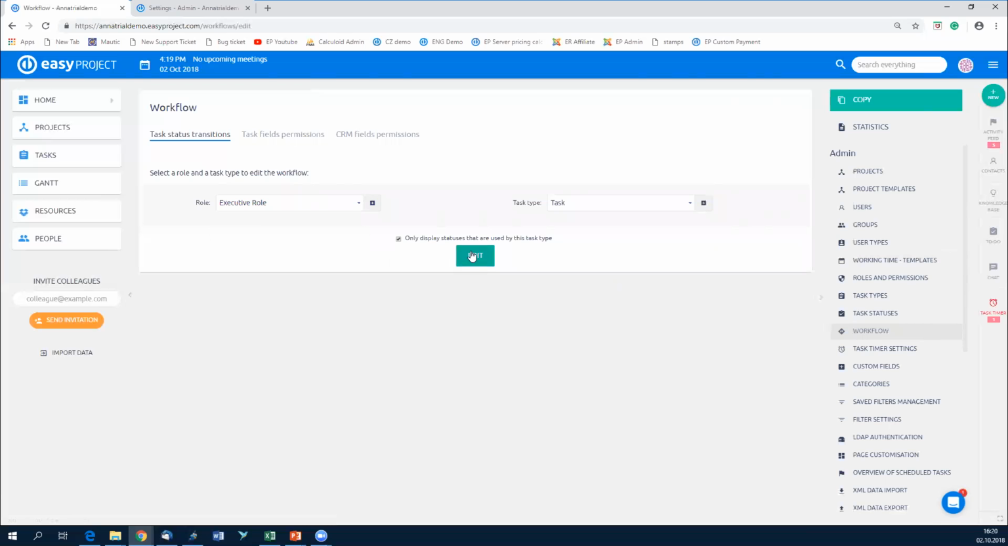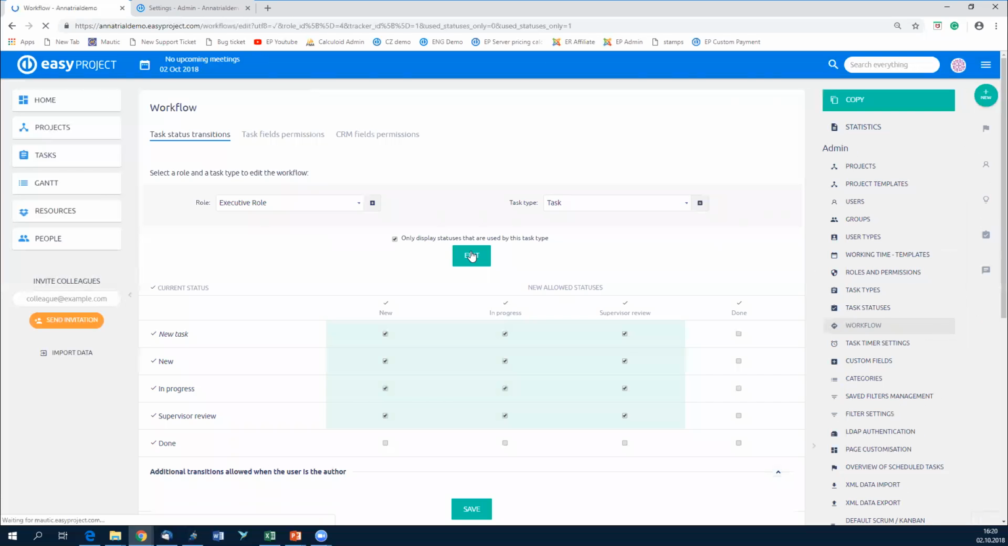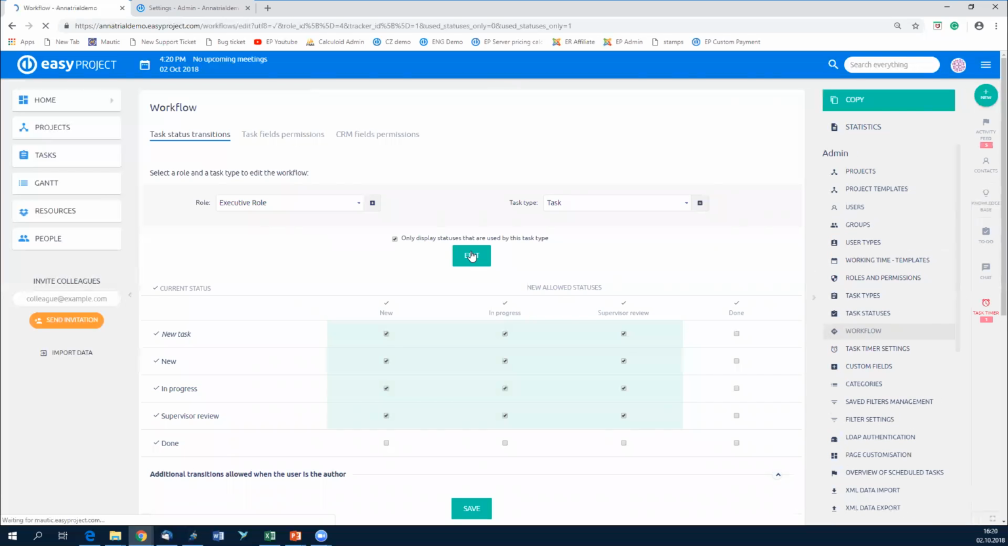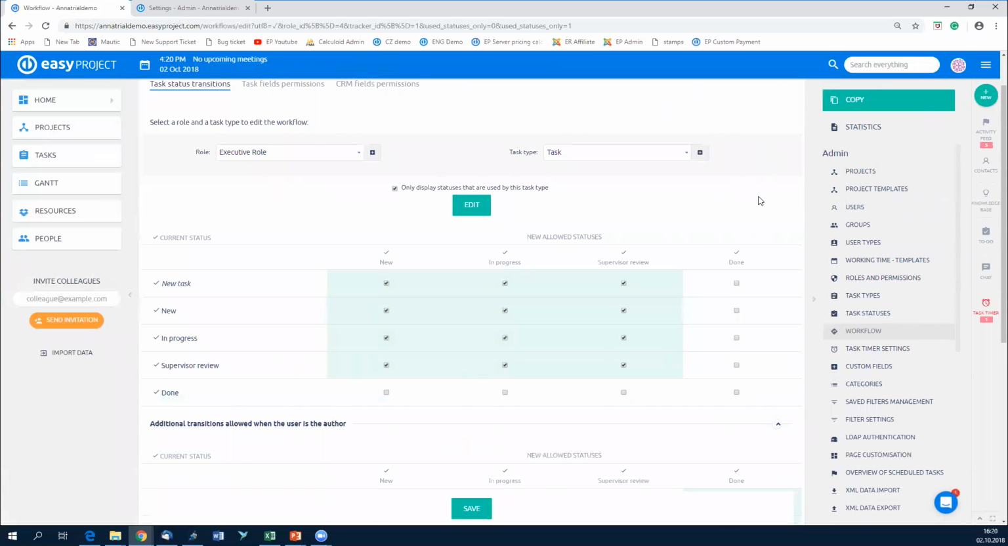Executive role would be a project team member. So that's someone that in our org structure, in our organization chart, we saw them in yellow. Those people cannot, by the default settings, put the task into the status done, which you can see over here. You can always change it, of course. So they can only use these statuses. So the furthest they can actually push the task is to a supervisor review,